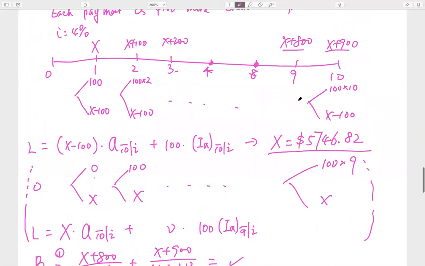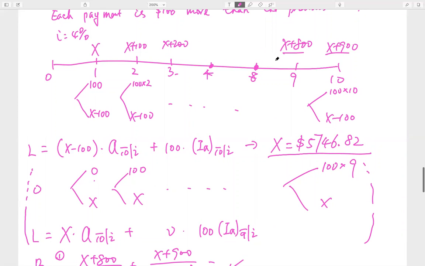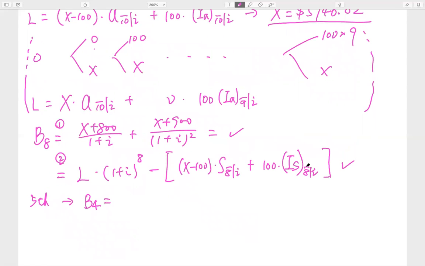So what you can do is to discount back. Okay. Well, in this case, there are very few payments. So if there are very few, the easiest way is to simply discount everybody back, right? What you can do is x plus 400 times a discounting factor, goes all the way to the last one, discount back by 6 years. So this is prospective, right? This is the last payment, the second to the last, or this is the fifth payment, right? We discount it back. And then you can see here,